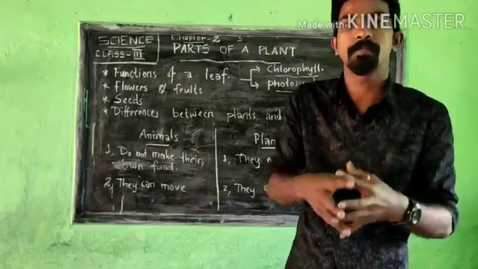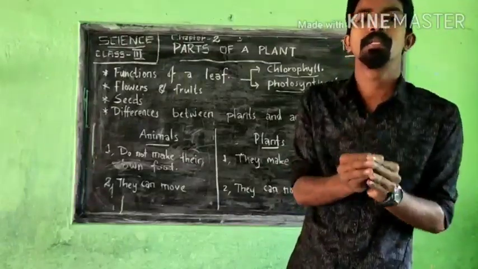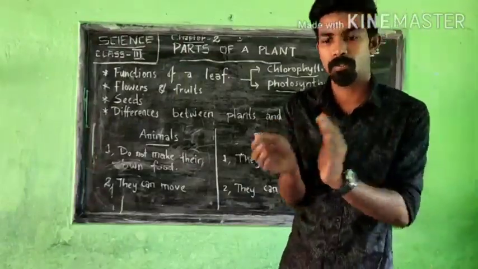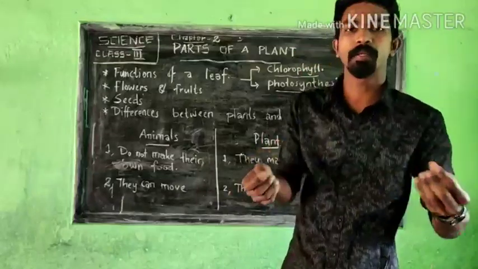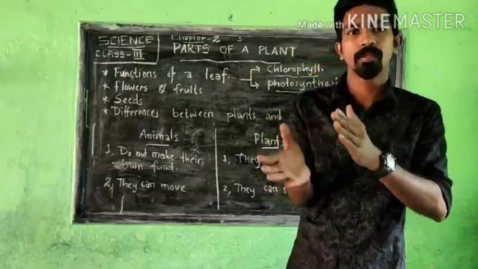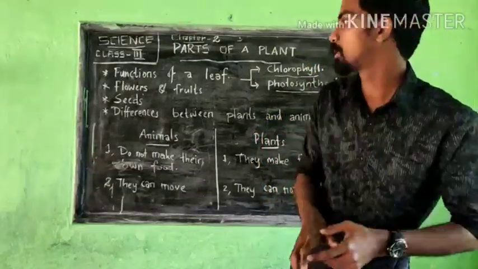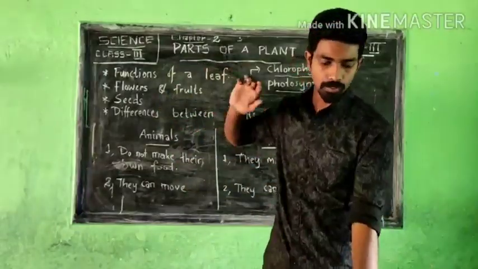Unless it makes its own food, it needs time. So up to that time, the seed itself has that food inside for the baby plant. After the roots and so on come out, now it can make food. Till that process starts, there will be a little bit of food stored inside the seed itself. Okay, that is about that one.